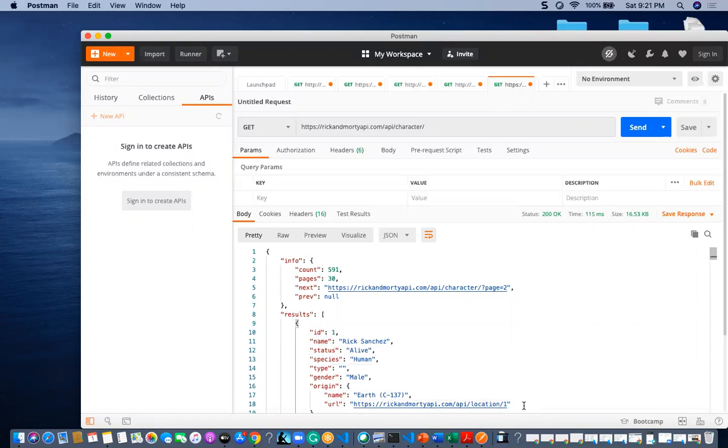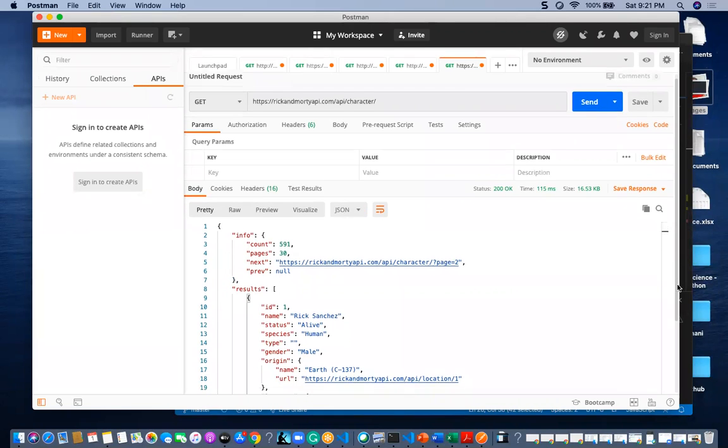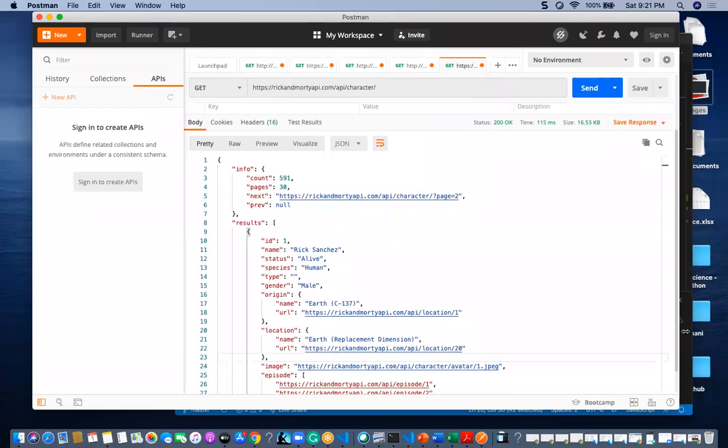This URL is the one from where the person is. One second, I will show you the image. This is the origin of where the person is. Suppose this Rick is from this location, that's what it says.